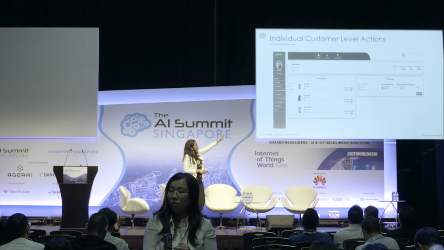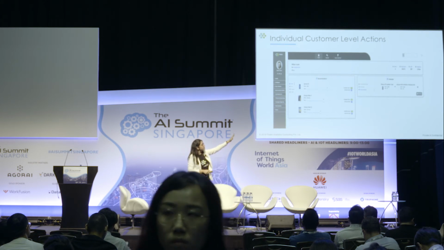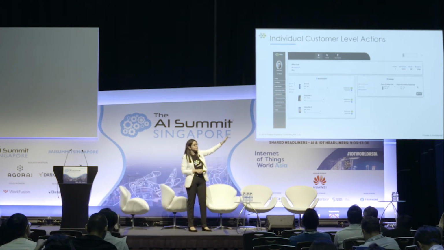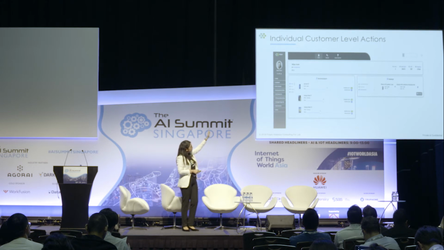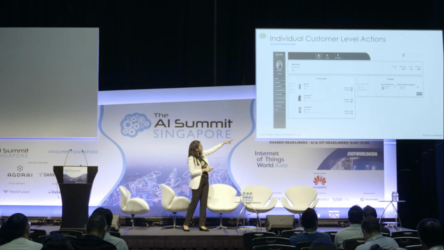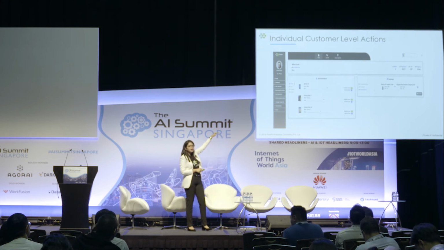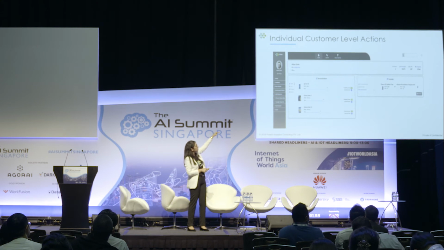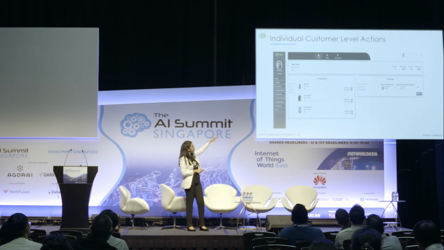Now, this is a customer level insight which has an overall snapshot of the customer's transaction or purchase history. And below that, we have two sections, one for recommendation, the other for campaigns. And this encompasses the 4 features we were talking about, so home, cart, category, and search recommendations.